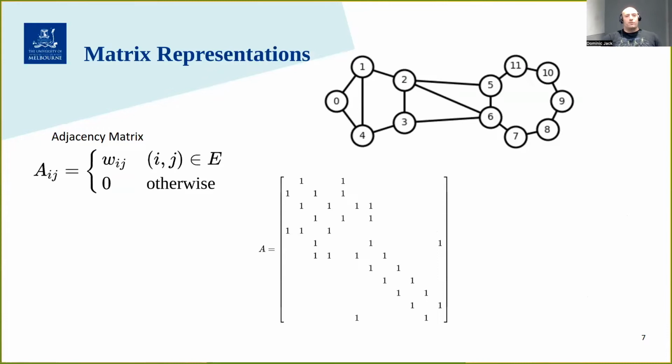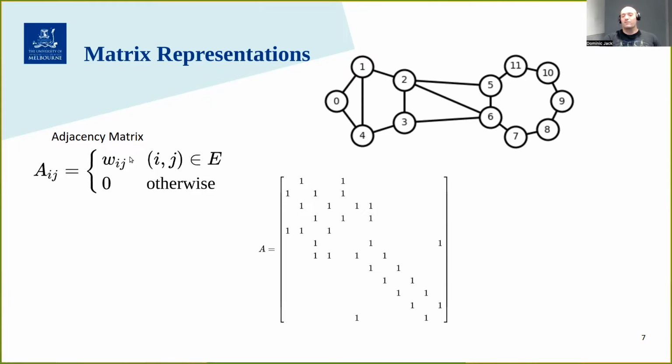All right, so before we get into some algebra, and I promise it's not too much algebra, there are a couple of really important matrices that we use to discuss graphs. The most obvious one is the adjacency matrix. This graph up here is one that we'll be using a fair bit to demonstrate some examples. We've got this ring over here with one cross edge and another ring over here, and a few cross edges in the middle. Our adjacency matrix just has a 1 everywhere there's an edge, or the weight